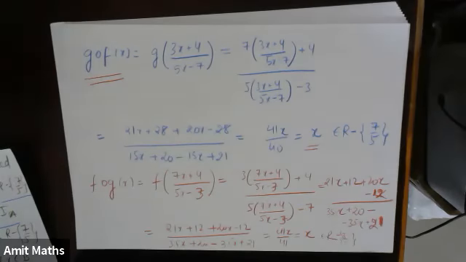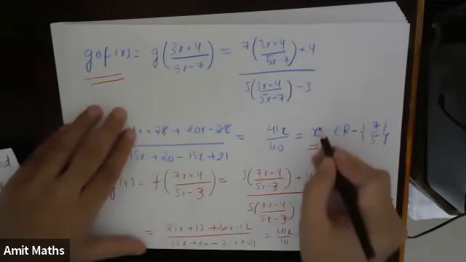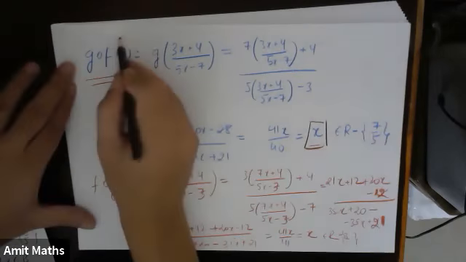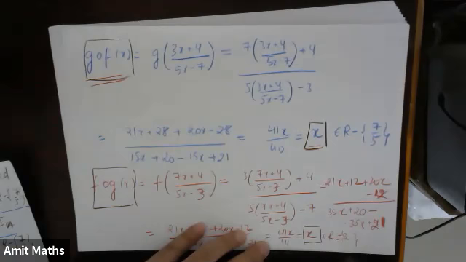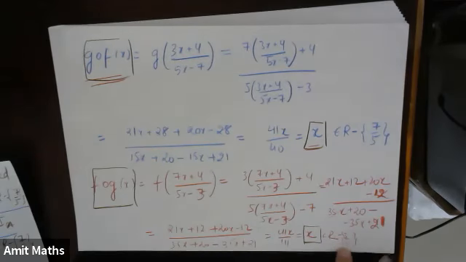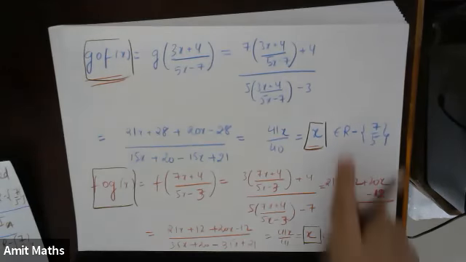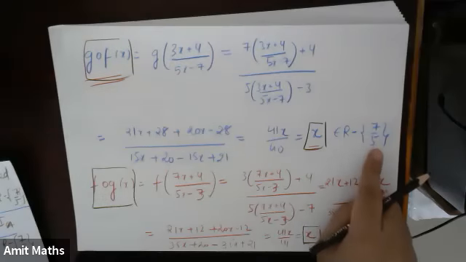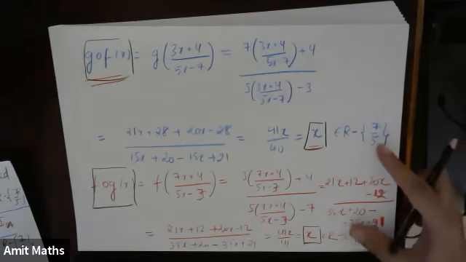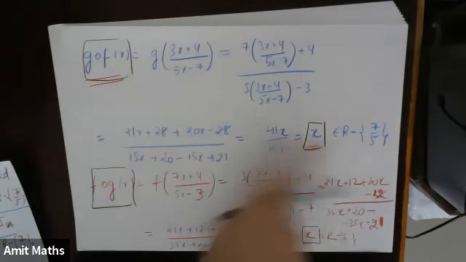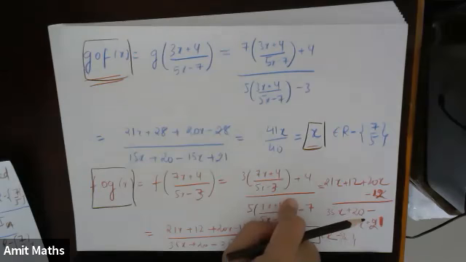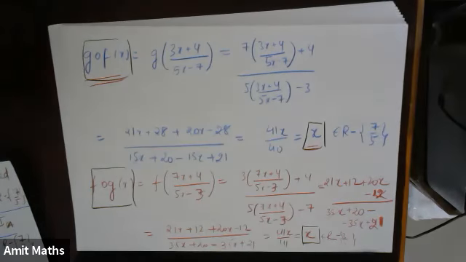Okay. So we have shown that these both are identity. First identity is this one. G of is identity and FOG is also identity, in this except 3 by 5. X belongs to real number except 3 by 5 in this. So x belongs to real number except 7 by 5. So that means if G of is an identity and FOG is also an identity, that means these two are inverse of each other.